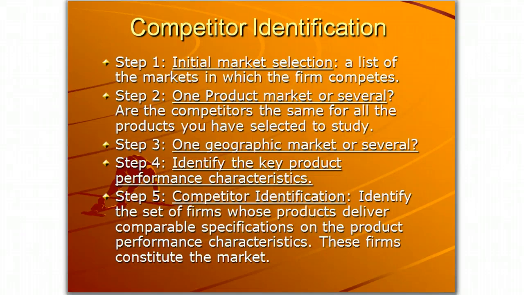Okay, step 4, identify key product performance characteristics. Now this helps refine your customer identification because sometimes the product performance characteristics help to line up which products are competing against each other. So you want to think about what does this product do for consumers, and you should specify the features that drive customer choice. Things like, does the customer prefer a one-stop shop,